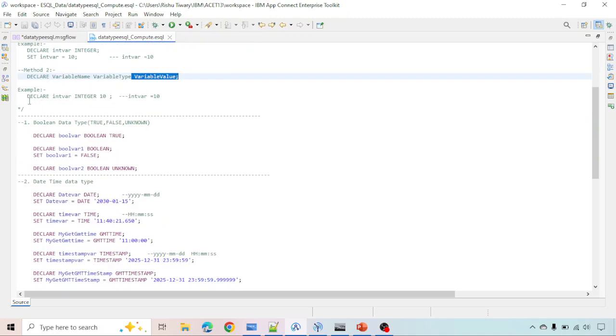Like here, what I did is declare a variable of integer type, and after that I am just assigning a value, and this is basically going to assign the value 10 to the int var. Okay,